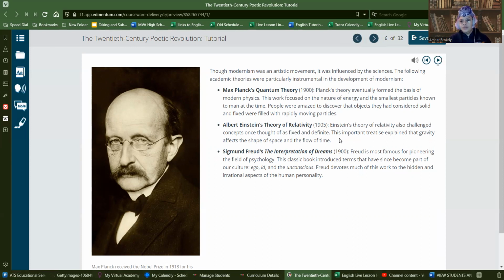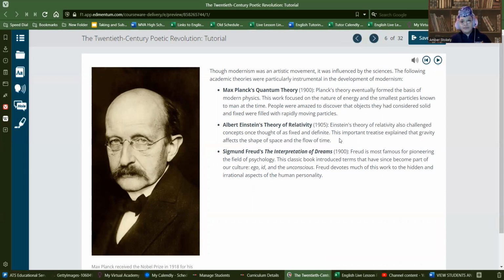Now, most people, when they think of Sigmund Freud, they think of the subconscious. And that's because he basically studied a lot of the events that affect people from their childhood to their adulthood. That's pretty much what he's known for. And he introduced in this book, The Interpretation of Dreams, the words that we are familiar with when we talk about the subconscious today. So the unconscious, that's what our instincts tell us to do, the things that we don't quite think, but that we almost sort of feel